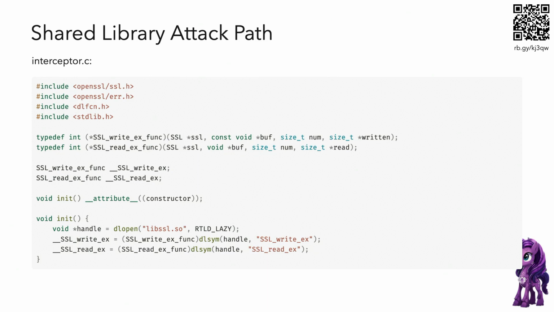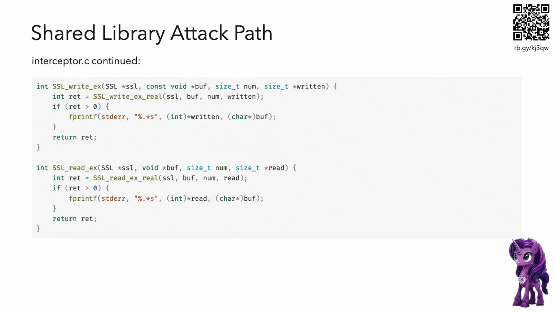And that's where you can say, I'm going to dynamically load libssl, OpenSSL, and I'm going to do a dynamic lookup for the real SSL_write_ex function and the real SSL_read function. I'll keep those. And then I'm going to actually declare the real ones. Totally legit. Every time you do anything, any SSL_write_ex, you're going to see mine first. And when I get called, I'm going to call the underlying real one, and if it was successful, I'm going to print that out. And whenever you read, I'm going to call the real thing, and I'm going to print that out as well.